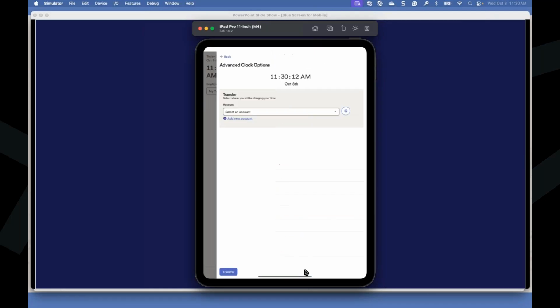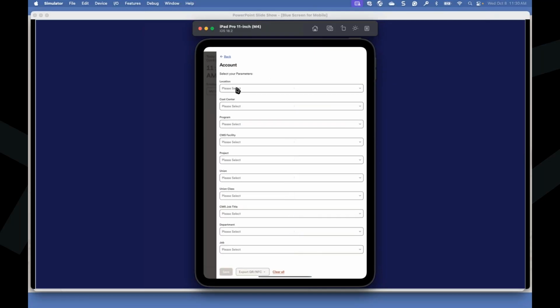I actually have them all working together to lay cement today, pour cement. And so I'm going to go ahead and select what location we're working at today, maybe the cost center associated with it, the project they're working, whatever the case may be.